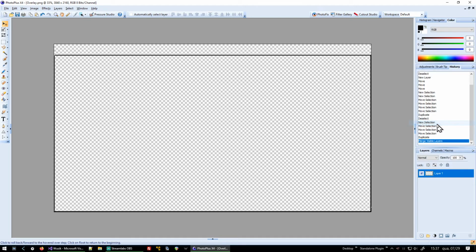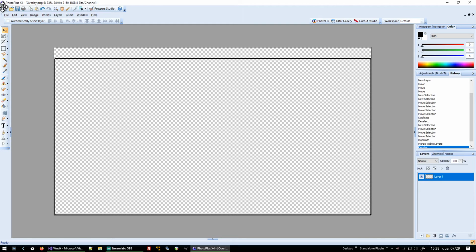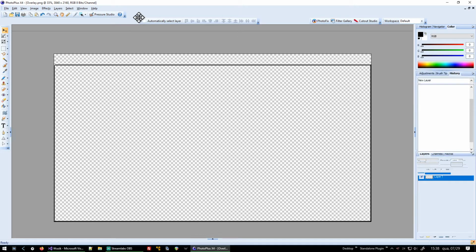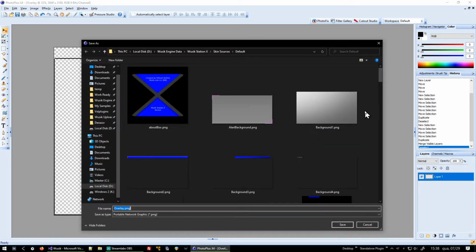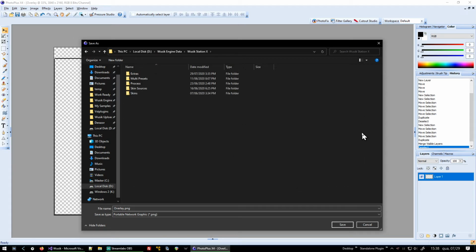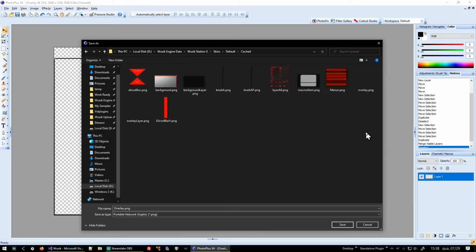Merge visible, save. And I'm just going to save. Oh, crap. I hate when that happens. I mess up all the menus. That's okay. Not a problem. And I'm going to make a copy to the cached files too. So skins, defaults, cached,